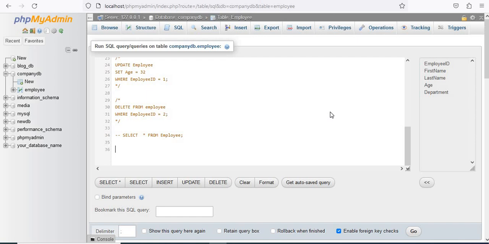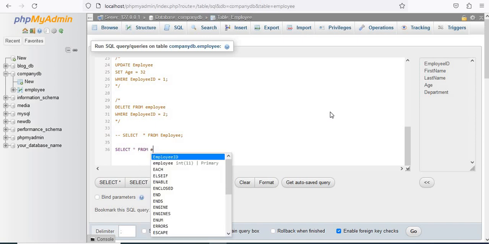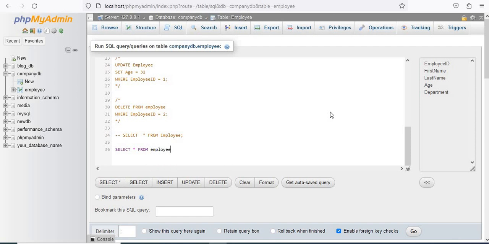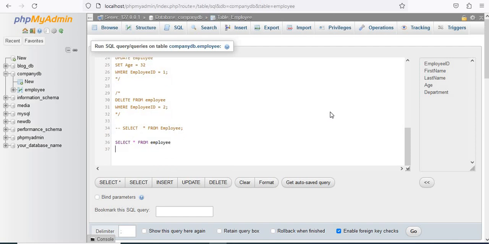So for that guys, we will use the SQL clause. So let's see, select all from employee table. We have a where clause in SQL, so we are using this where age is